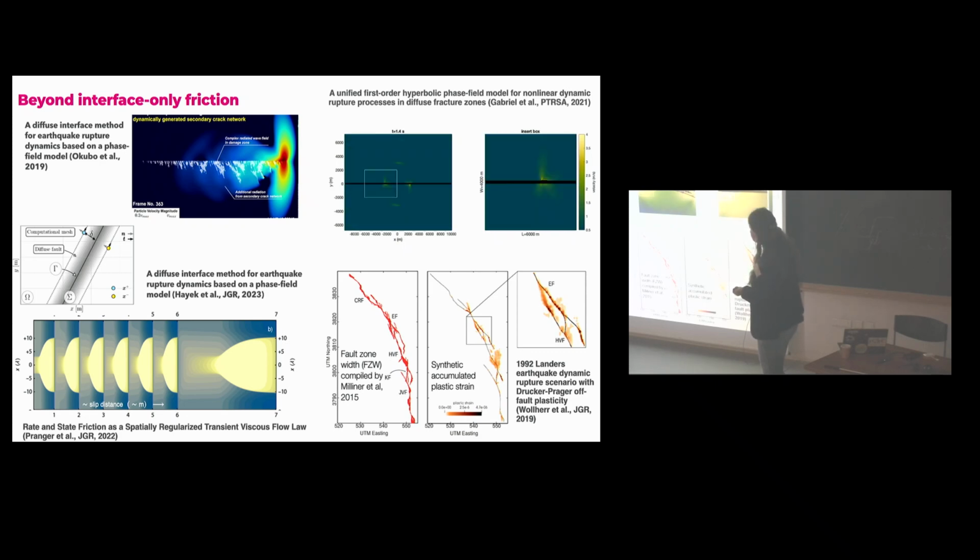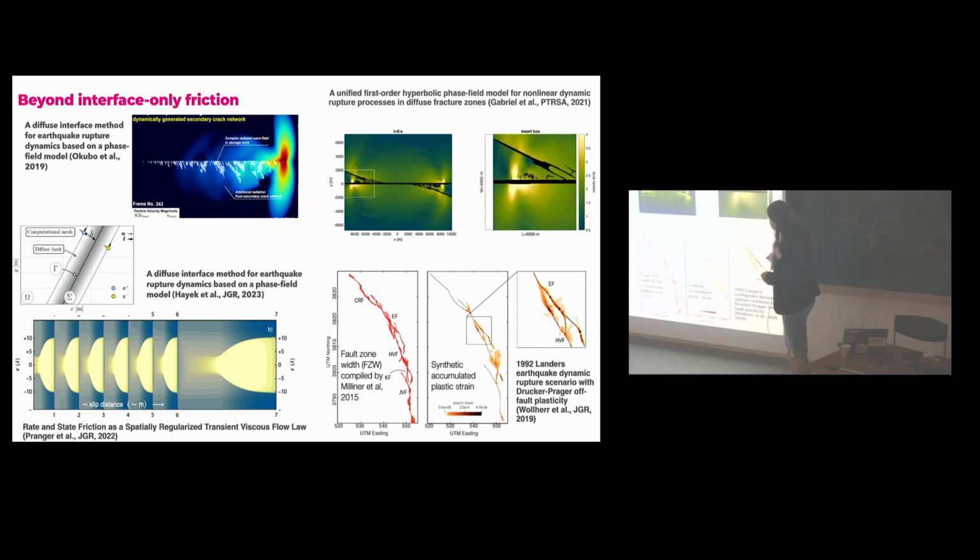Drucker-Prager continuous plasticity, combined with a quite complicated dynamic rupture model of the Landers earthquake with complicated fault geometries. And what you can see is that even with this very simple rheology, like a geodynamicist would probably kill me for even calling this plasticity, you can see that you have strain localization, mapping out faults that were not part of the model, but probably existed in nature and that we didn't include in the first place. So you can get interesting effects even with simple rheologies.